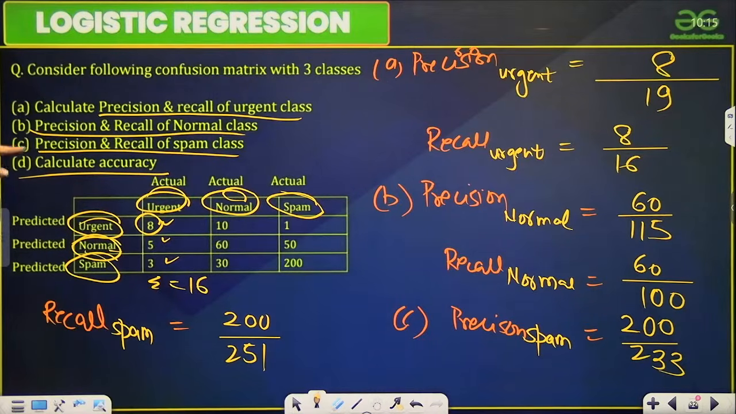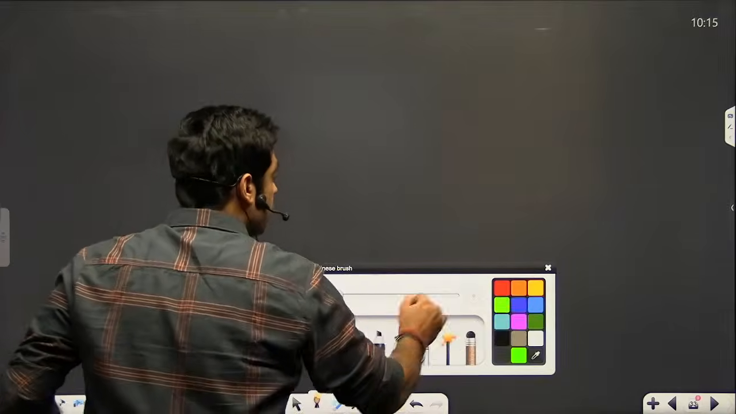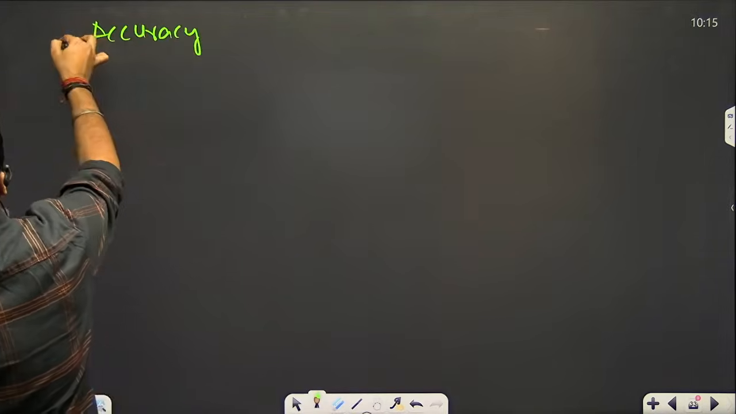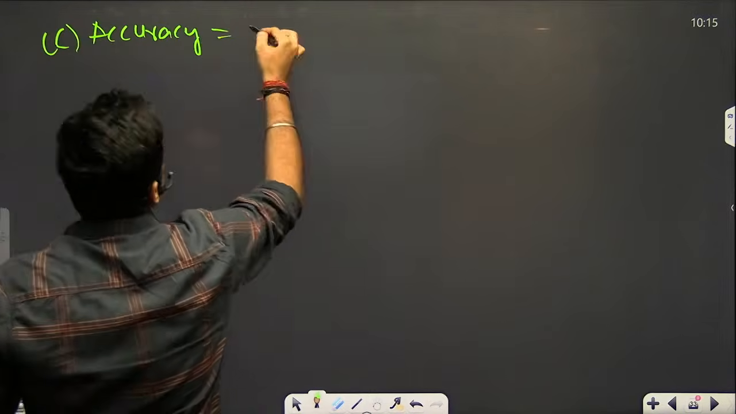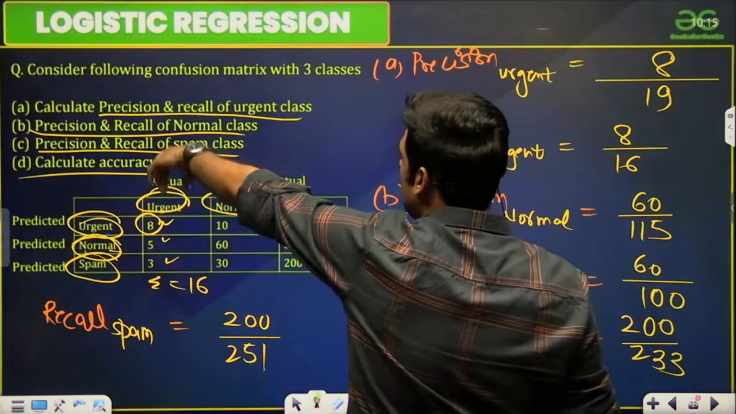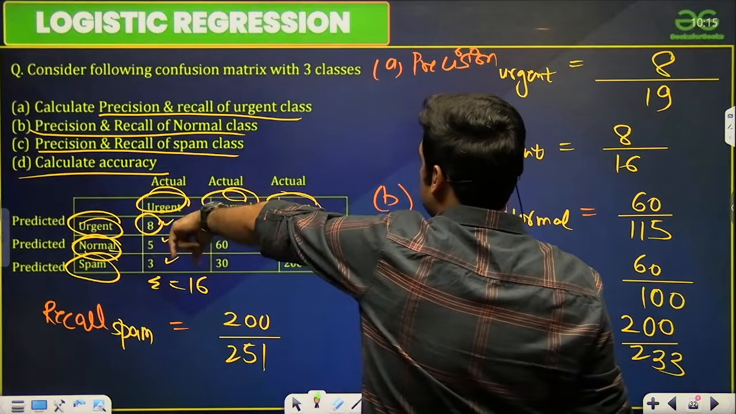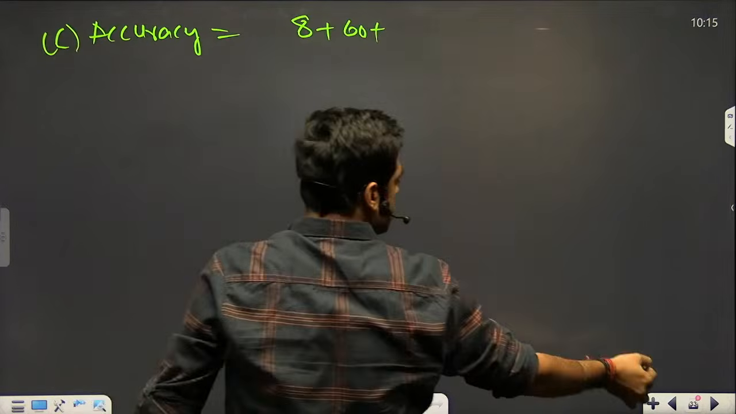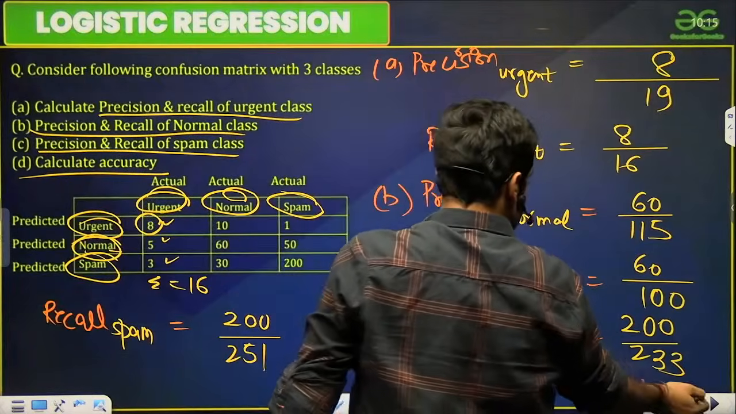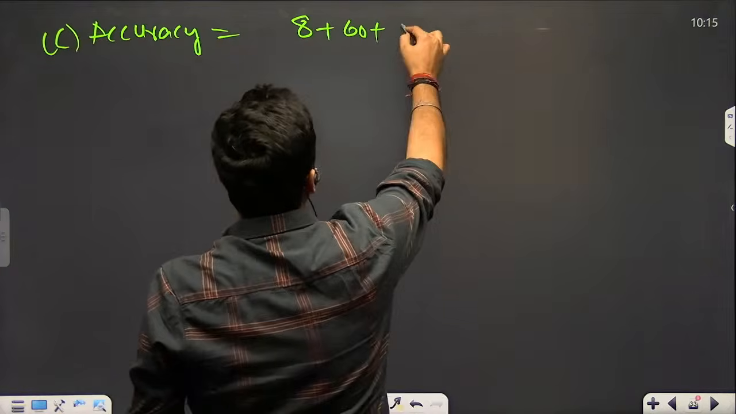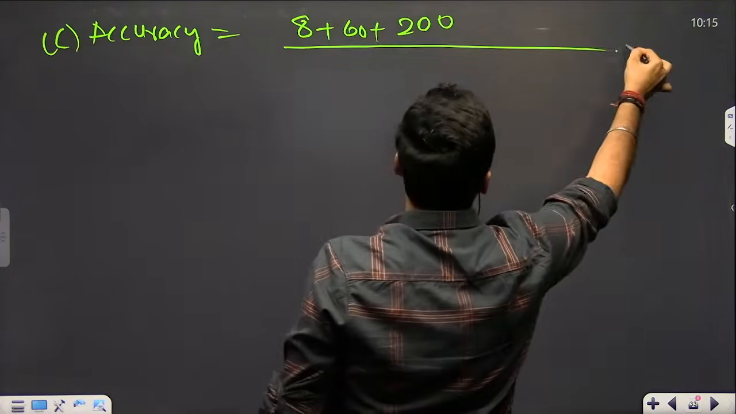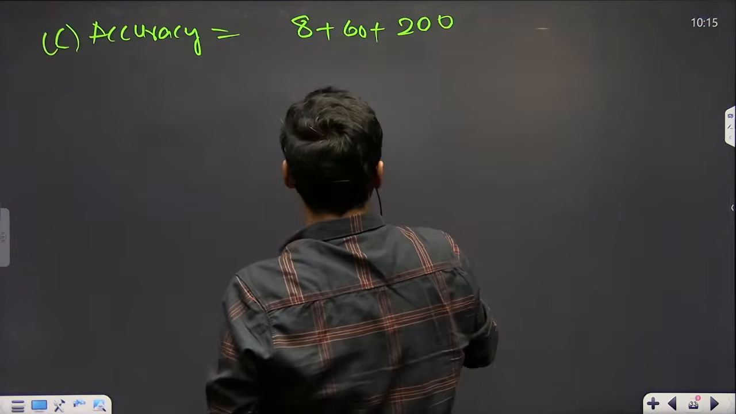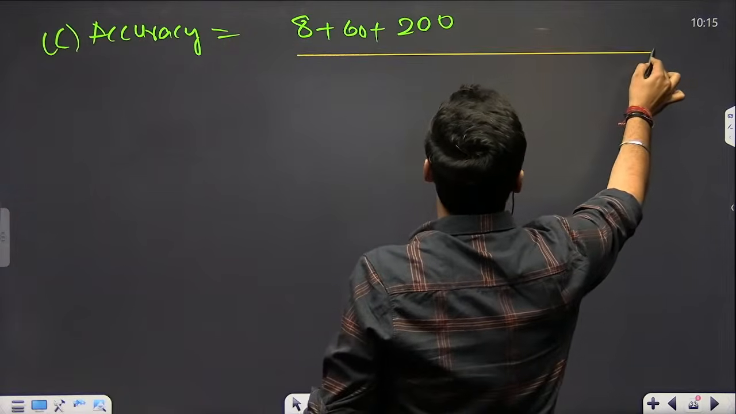And what is the accuracy? Very simple. How to calculate accuracy? This is part C. What is accuracy? True positives for all the three classes, that is 8 plus 60 plus 200, over the total. Very simple. You just have to focus on concepts. So 8 plus 60 plus 200 upon